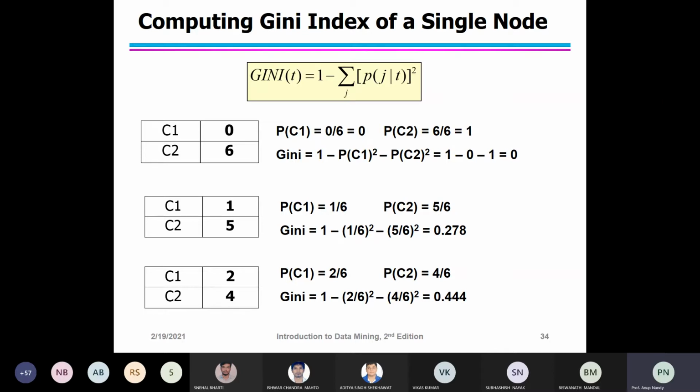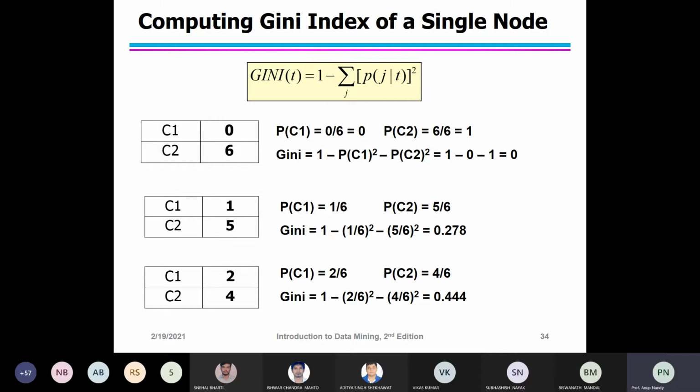Okay, now the next question comes: how to determine how well a test condition performs. Then we need to compare the degree of impurity of the parent node with the degree of impurity of the child nodes.